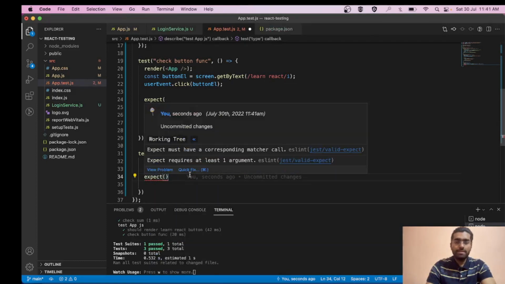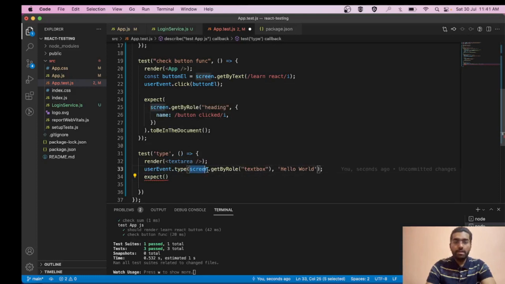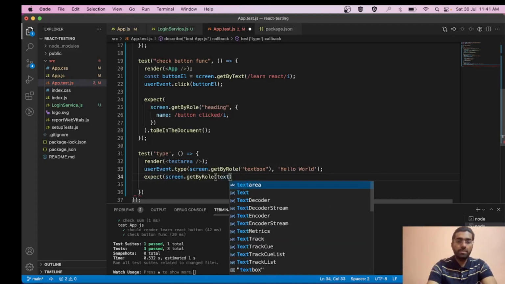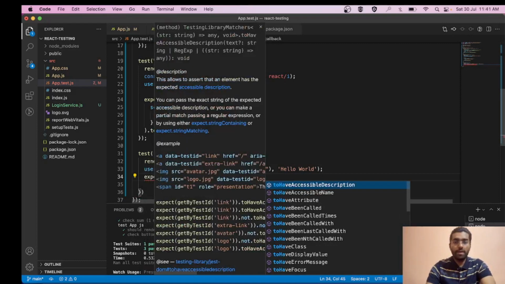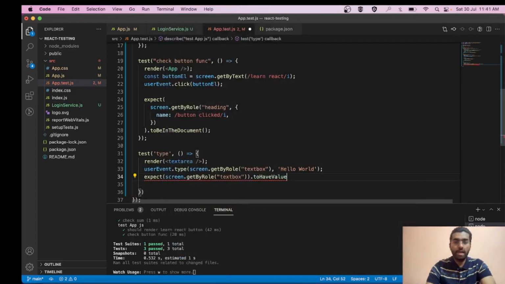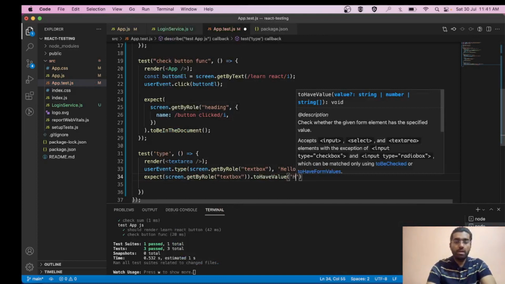So friends, it's a simple. Now again what we can do, expect screen dot get by role text box, dot to have value of hello world.